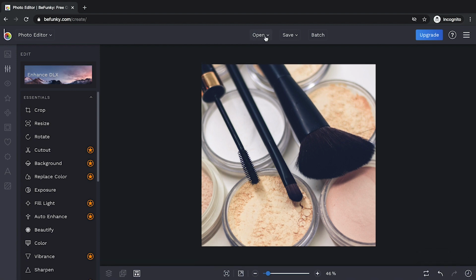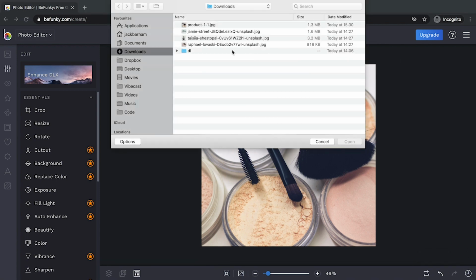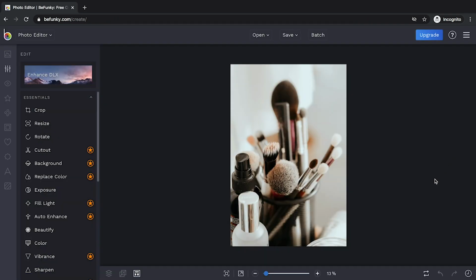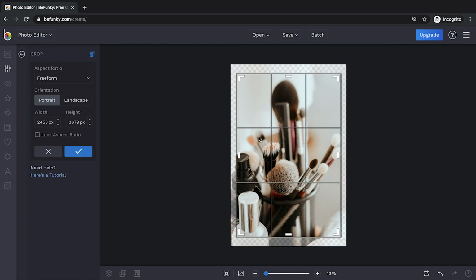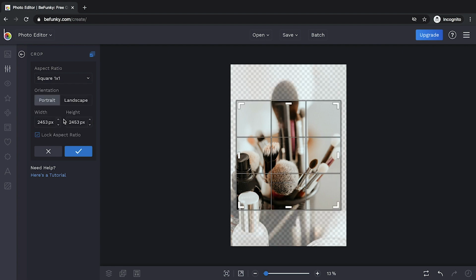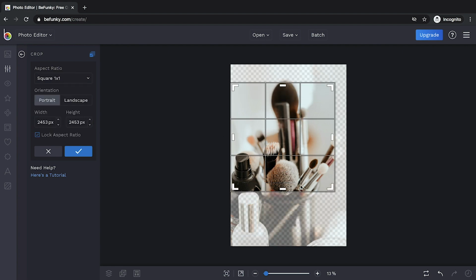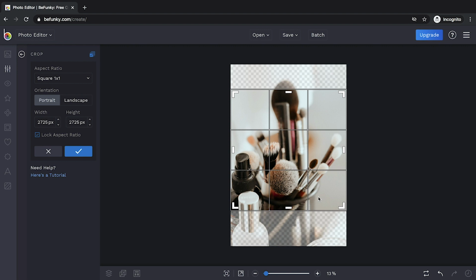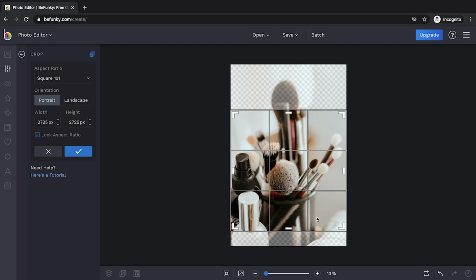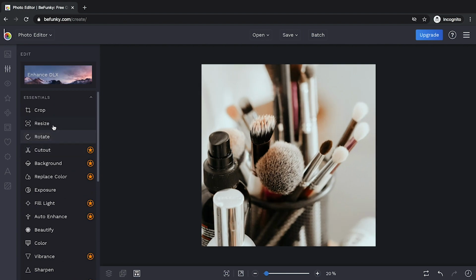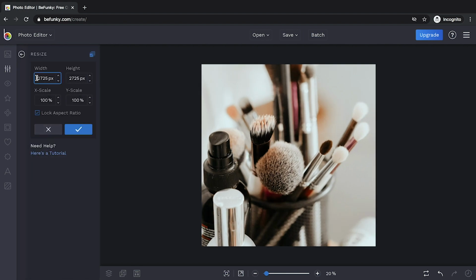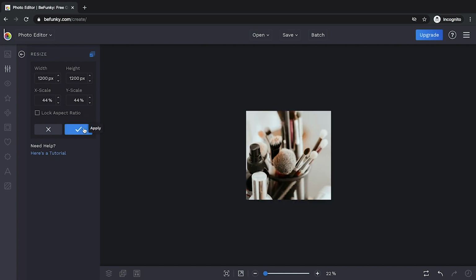So repeat this process again. Open computer. Let's get the other product image, which I believe is this one. Okay, so this is portrait, and we want to make this one square again. So we go to crop, freeform, let's change that to square, and we will move it here. And you want to try and get as much of the focus in as possible. That looks good for now. We'll okay that. Brilliant. And then let's resize it as well. 1200. Brilliant. And we'll save that.